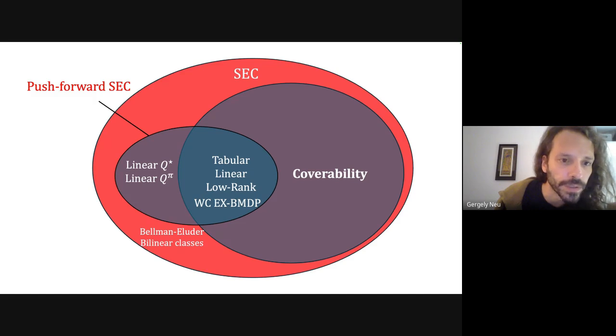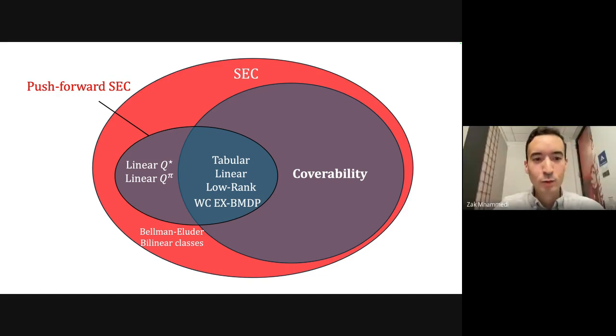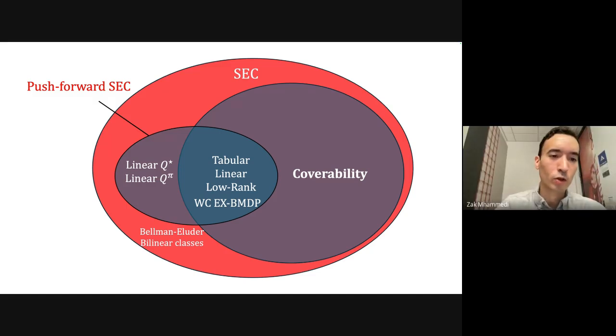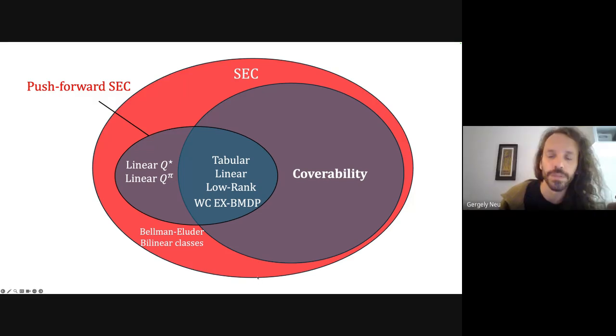So, if I understand things correctly, your contribution, or at least the one that you're showing here, is that under this push-forward SEC condition that I guess you will show now, you have efficient algorithms for linear Q star and linear Q pi. So, technically, the results of the paper concern push-forward coverability, which is part of this push-forward SEC. But as I said, the analysis can easily be extended to this push-forward SEC to recover the positive results for the linear Q star and linear Q pi. But the results for the linear Q star and linear Q pi are known, because they are known under the local access setting. Right. This is just saying that we recovered those things. Oh, I see. Okay. But